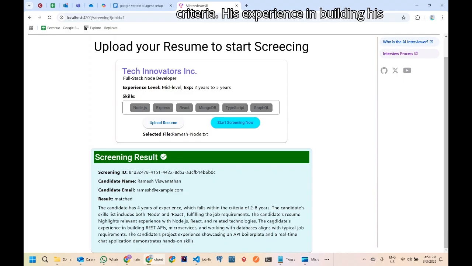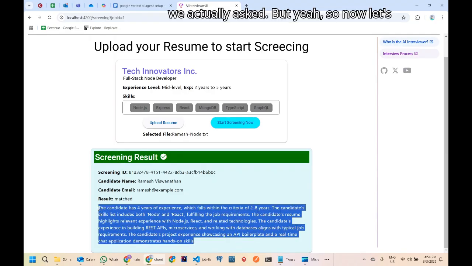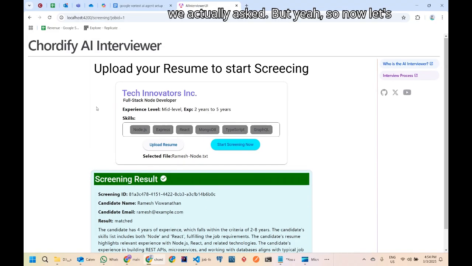I'll show you the criteria. His experience in building REST APIs, it gives more than what we actually asked. But yeah, now let's go back to